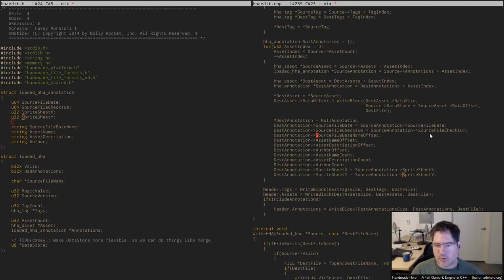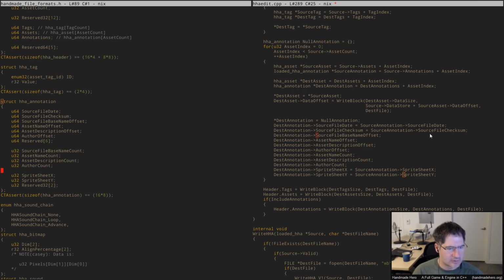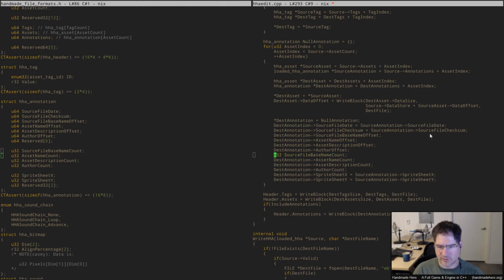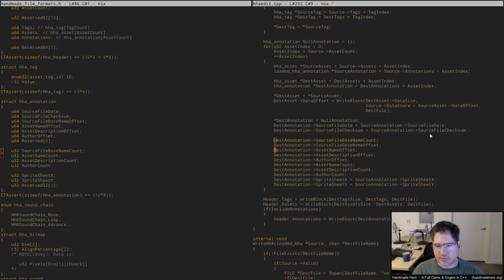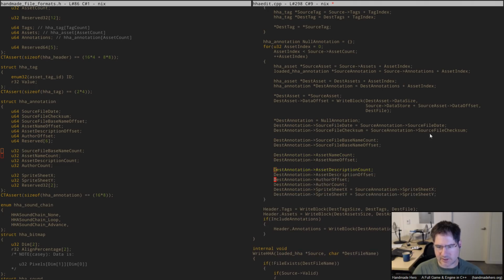So what we want to do now is actually write the information here about the file, right? So base name is base name. Where's the base name count? Source file base name count. We accidentally deleted that, and I apologize. So there it is. So there we go. So basically what this boils down to is a series of us writing these things out,